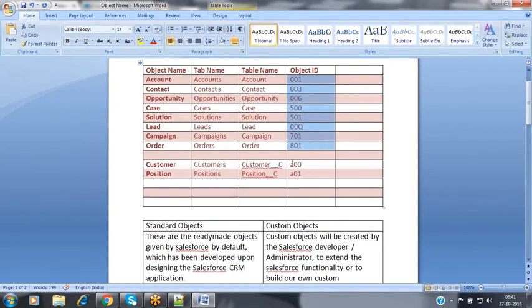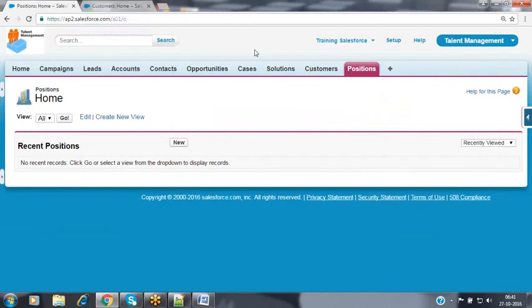for every custom object also, you will have a unique identification number, called the schema ID or the object ID, which we use to redirect from one tab to another tab or one object to another object, and to identify which object a record is associated with. By using this ID itself, we can understand to which object the record is associated. For each and every record, Salesforce generates an 18 character ID. We have already discussed that. But in the URL, it provides the first 15 characters of that ID. The last 3 characters are not displayed in the URL for security reasons.